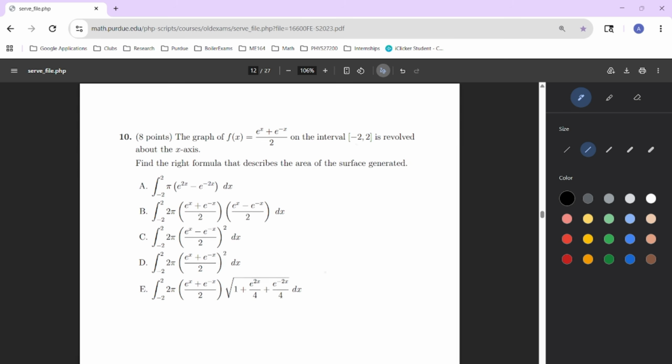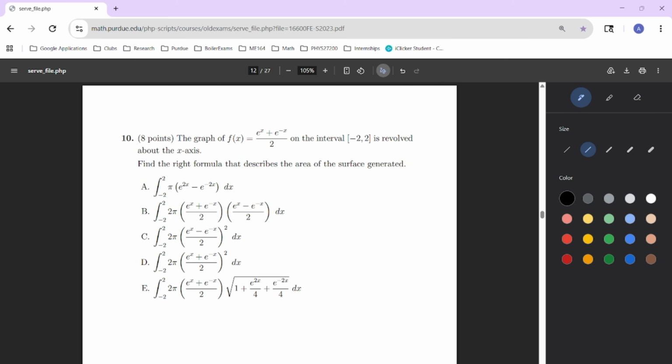Hello everybody, thanks for joining me today as we cover question 10 of this problem set. The graph of f of x is equal to e to the x plus e to the negative x on the interval -2 to 2 inclusive is revolved about the x-axis. Find the right formula that describes the area of the surface generated. So I'm going to start with a very quick diagram to go over what we might consider when finding the formula, and then we're going to actually find which formula is correct. This will be a very heavy problem, so